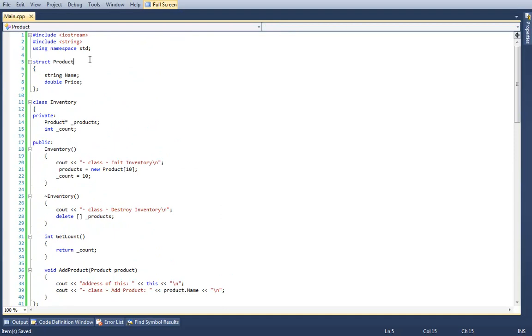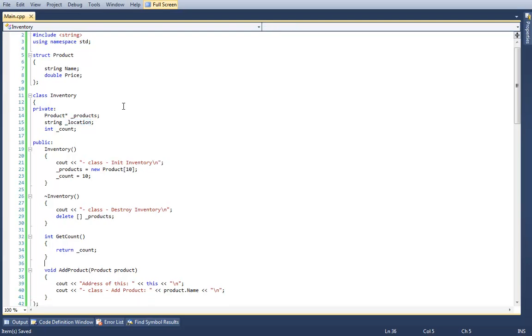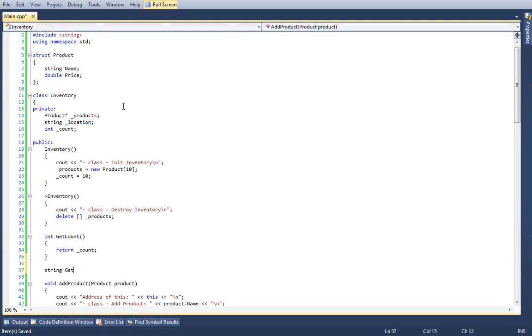Or the inventory, give the inventory a name? Let's pick on something that isn't count. All right, the inventory is going to have a location. So what I would do is have string get location,